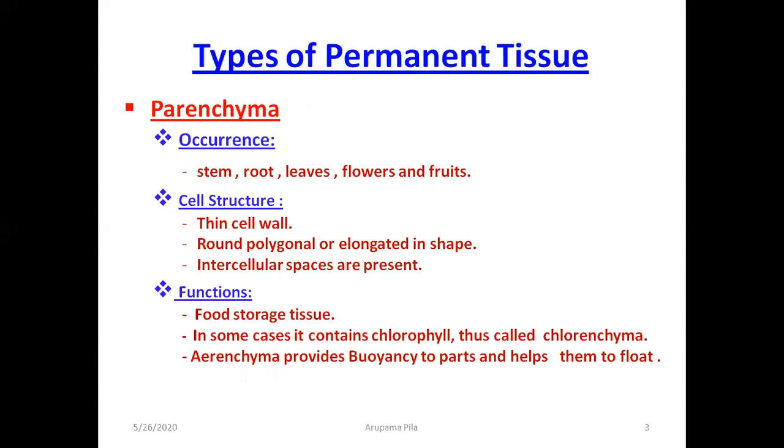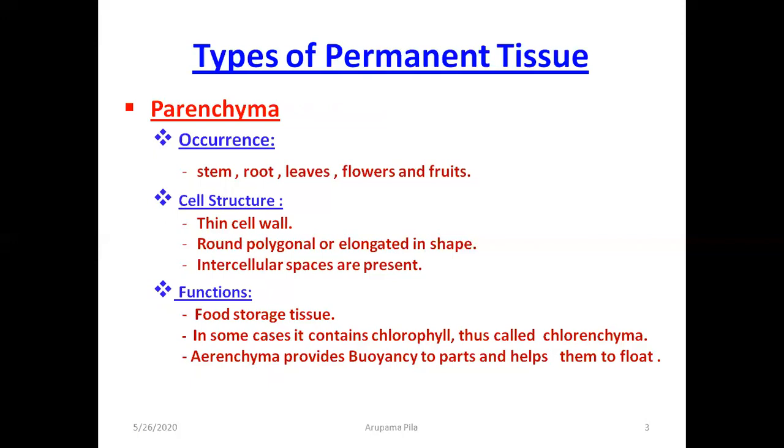Parenchyma is a few layers of cells forming the basic packing tissue. What's the meaning of basic packing tissue? Packing means to fill up the space. So parenchyma tissue is filling up the space between the other tissues. It consists of unspecialized cells having a thin cell wall, and they are live cells.